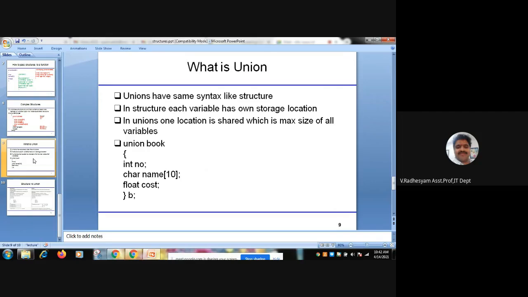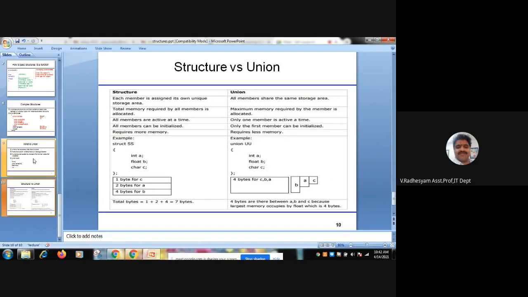Now come to union. Instead of the keyword struct, we need to use the keyword union. The syntax is everything the same. Then what is the difference? We can see here.